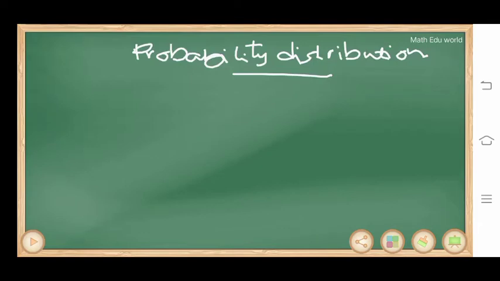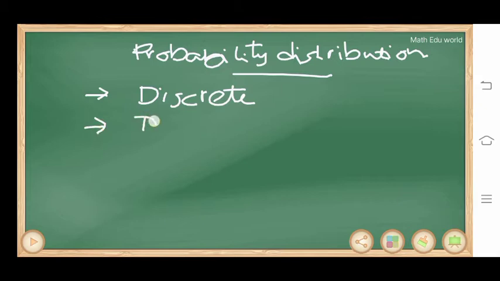Probability distribution. The probability distribution of a discrete random variable is a display. So you have to understand that probability distribution is meant for discrete random variables. That means it is not meant for continuous random variables. Probability distribution is meant for discrete random variables, and it is a display